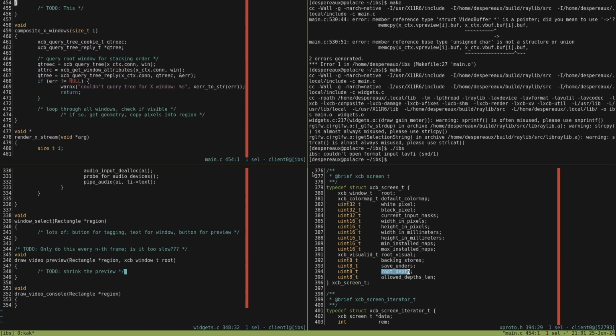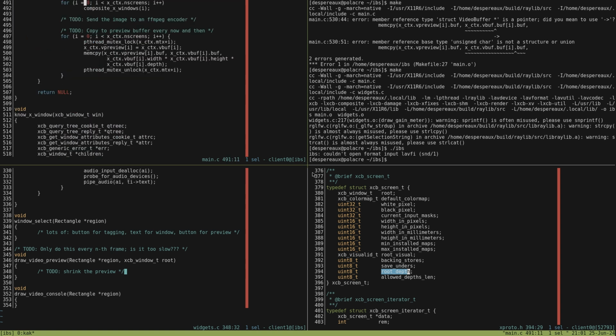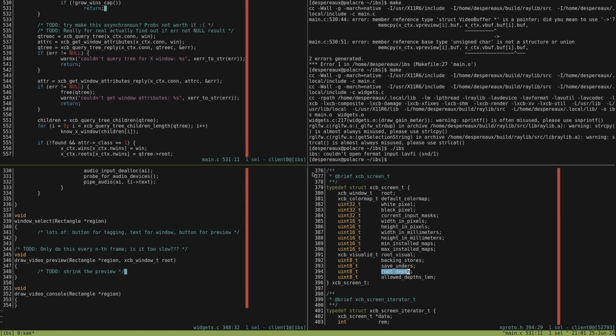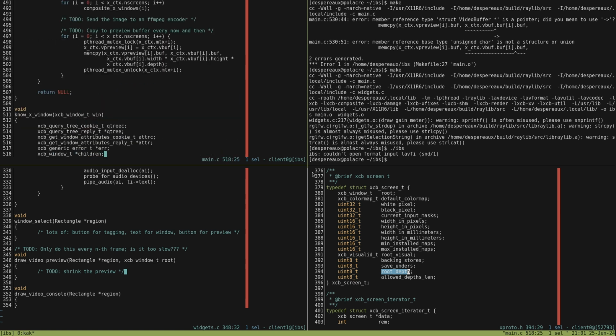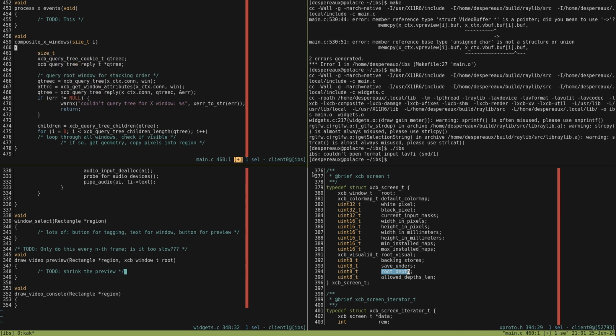Go back here. So we're going to query the tree. Then we're going to loop through all the windows. We want its children, which we can copy from here.